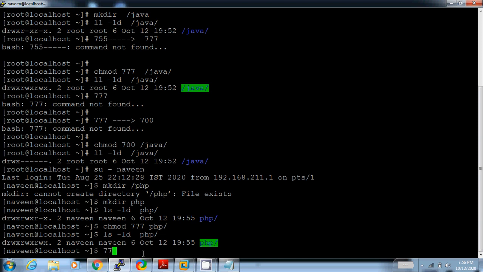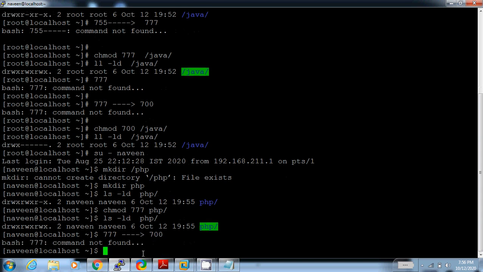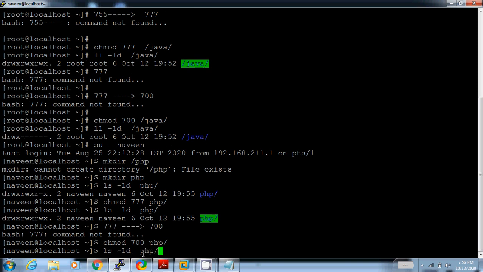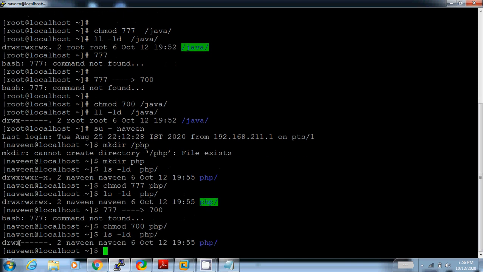Now permission is 777. Now I want to change the permission from 777 to 700. Now run the command chmod 700, folder name is php. Now check the folder permission. The permission is rwx.